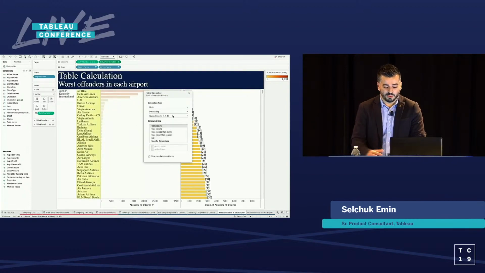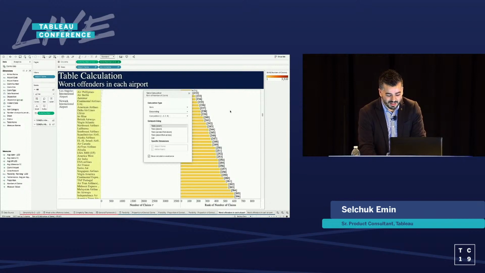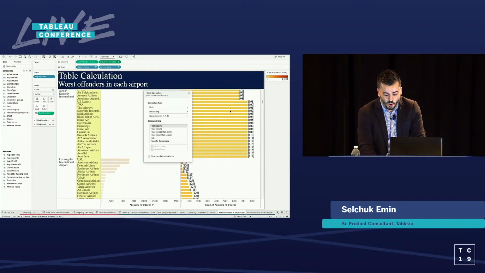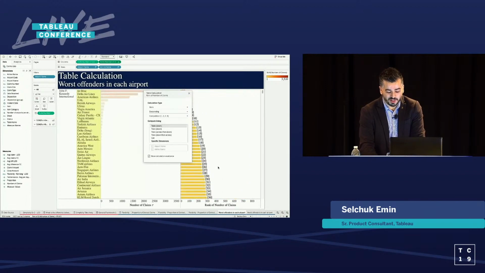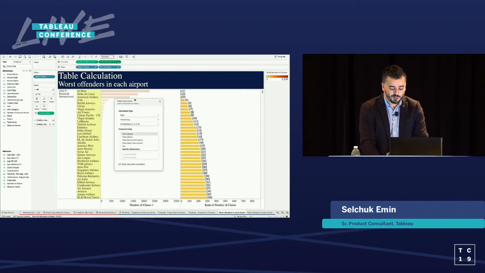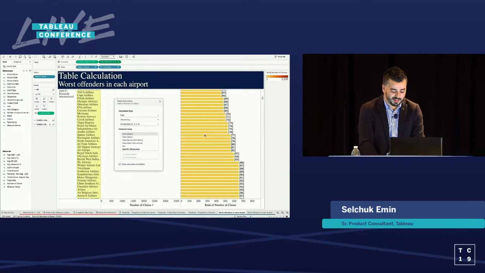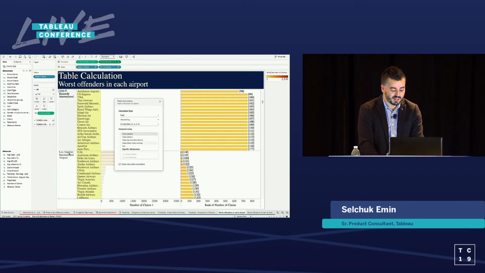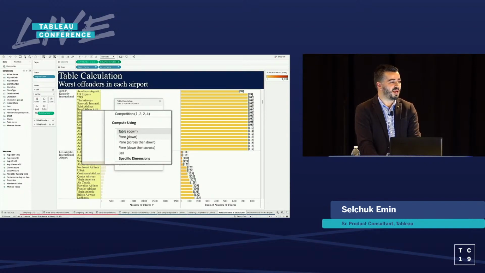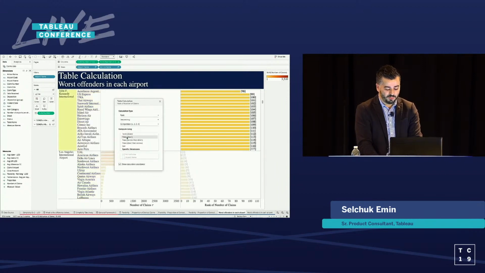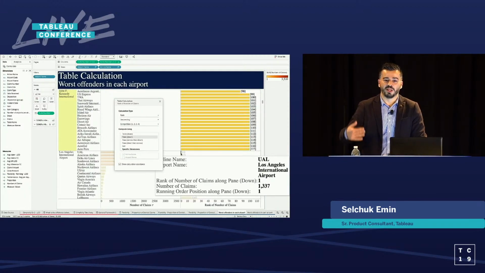So if you look at how the rank happened, it basically takes into account all the data. So the rank doesn't start from 1 for each airline. And the way to make it start from 1 for each airline is that each airline is actually a separate pane in the view. So there is a border between the 2 airlines. And I just need to change it from table down to pane down. So if I do that, compute using pane down, this calculation will start from 1 for each